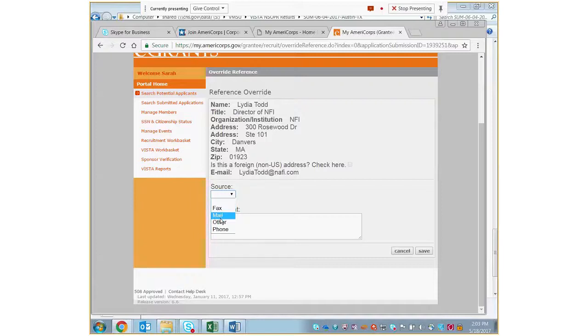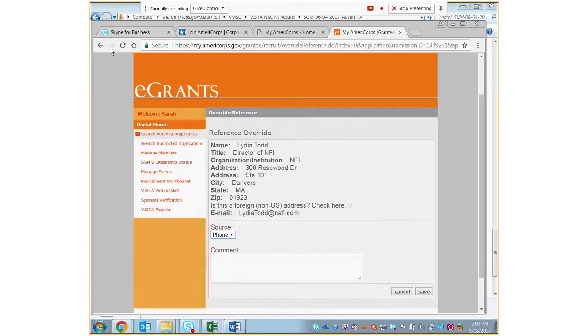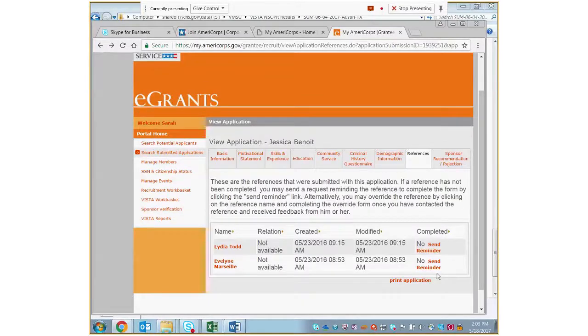So if it's a different reference, you'll click Other. If you talked to this reference, you'll say that you talked to them on the phone. Then you're going to provide a very in-depth explanation of the conversation you had in this section of the reference, and you'll click Save. Once you do that, the reference override will be completed. I'm not doing it now, and you will see right here on the right-hand side of the screen, it will say yes.